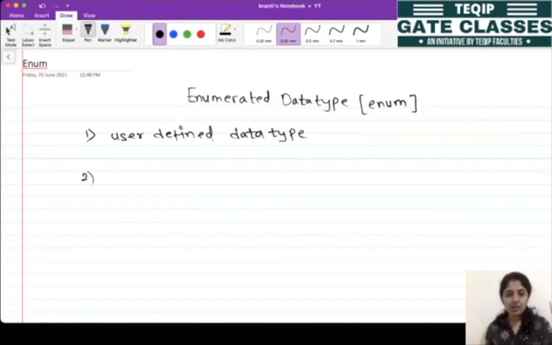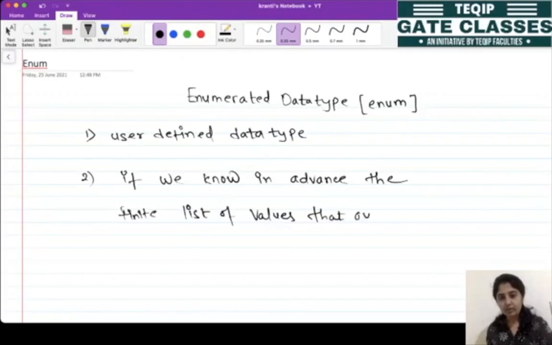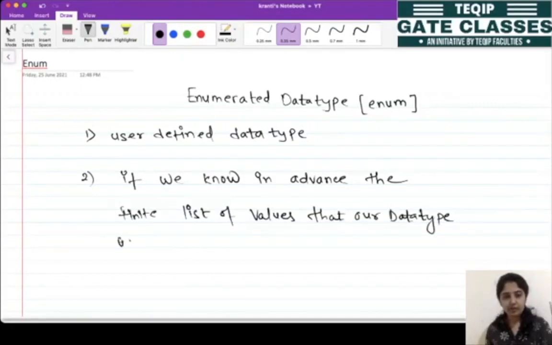That means, let me write this. If we know in advance the finite list of values that our data type can take.